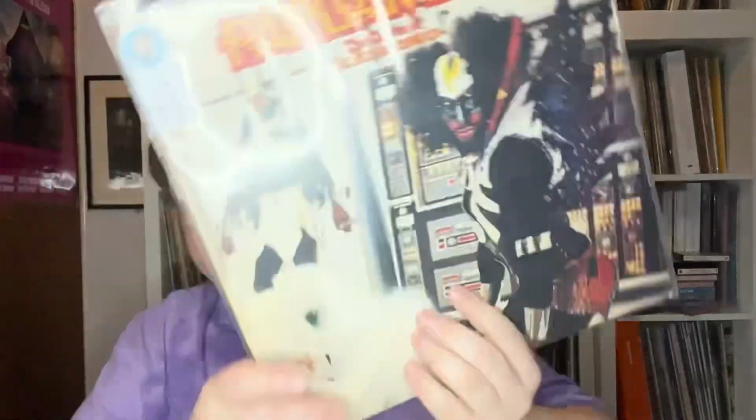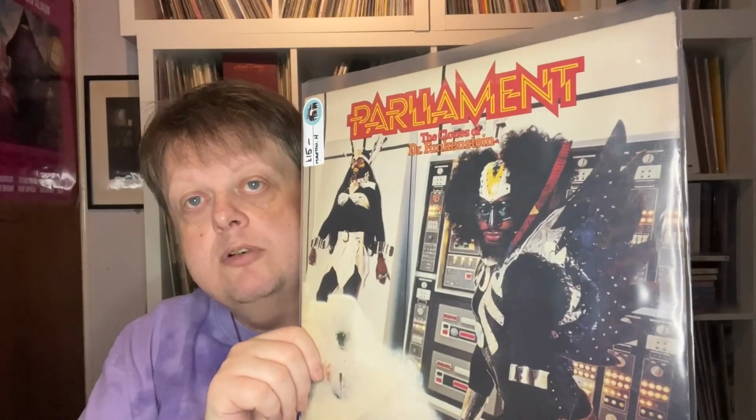So that's everything I haven't already shown. The rest of it is the stuff I picked up in my Slice of Vinyl haul that I posted about a week ago. So if you've seen that, you've seen all these. If you want to see these in more detail, watch that video. But what I picked up were Parliament's Clones of Dr. Funkenstein,